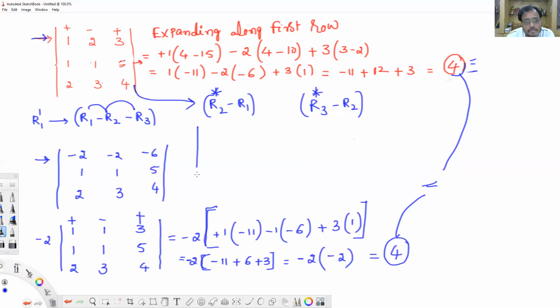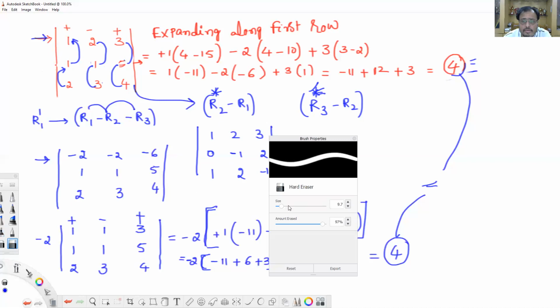What will happen? See that? First row, 1, 2, 3. I told you, no? R2 minus R1, you write the result in R2. Here you see that 1 minus 1, the result has to be 0 here. And 1 minus 2, minus 1. 5 minus 3, 5 minus 3 is 2. And again, R3 minus R2, write the result in R3. 2 minus 1, 1. 3 minus 1, 2. And 4 minus 5, minus 1. Again, you expand, you will come to know that.